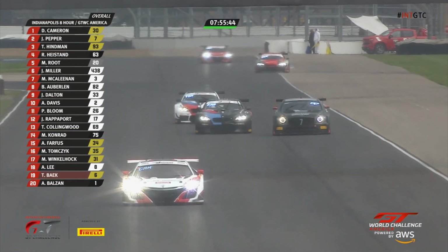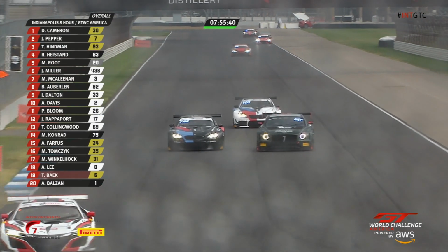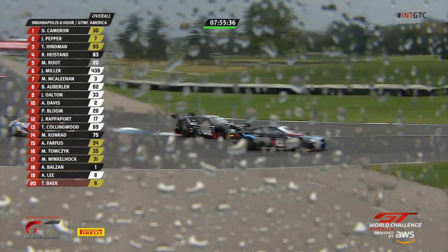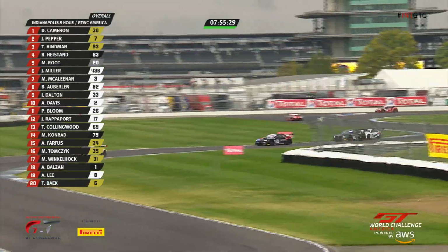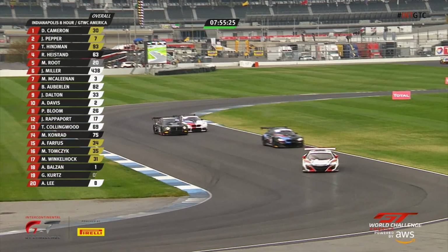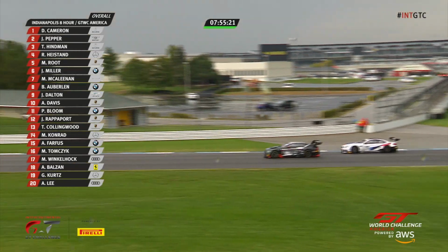They've got to get through, and if that rain does abate and these slicks come back into real form, this strategy for Cameron and Pepper is going to prove brilliant, obviously, and a nice move, as you would expect, around the outside by the number 34 of Farfus. And again, I think the key is how long it is going to stay in these conditions. So if Dane Cameron and Jordan Pepper can just hang on right now, they'll be in great shape,